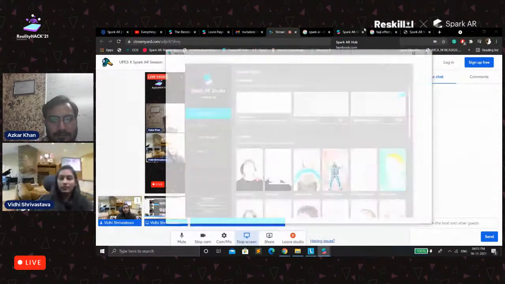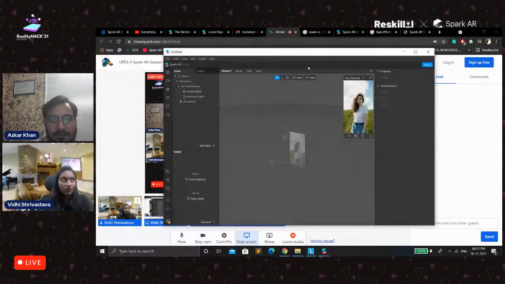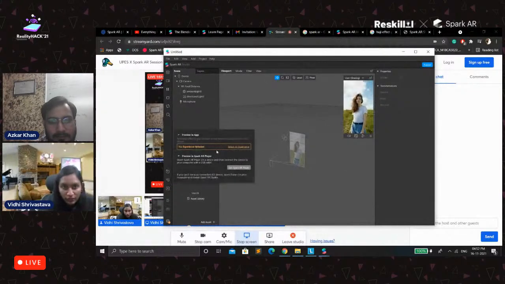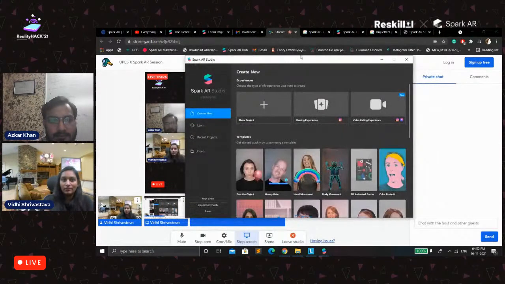You just have to download one app. We have the Spark AR Player, so you can run it and use it directly instead of sending the effects one by one. So yes, you can go with this one.